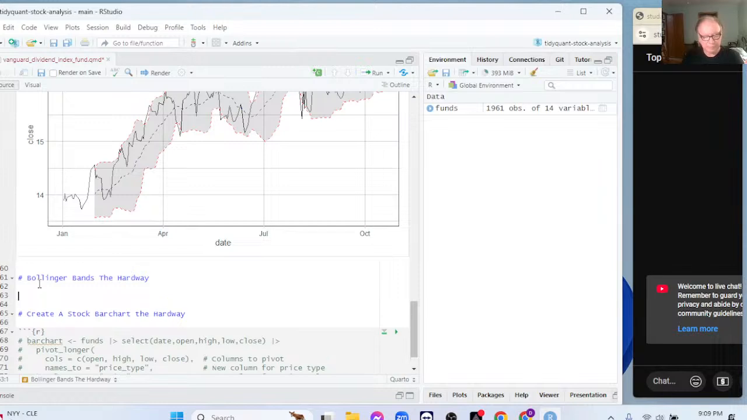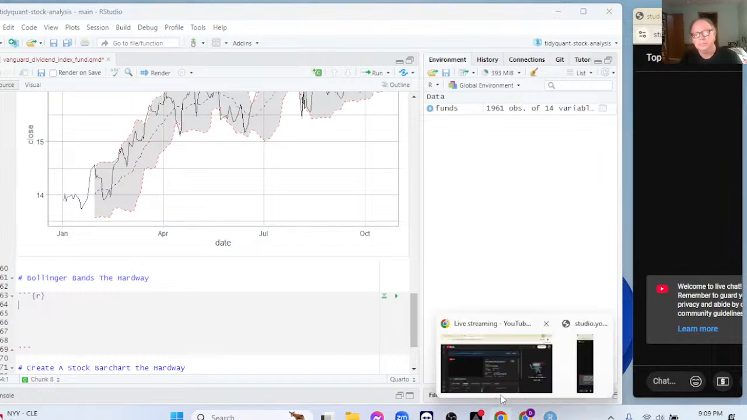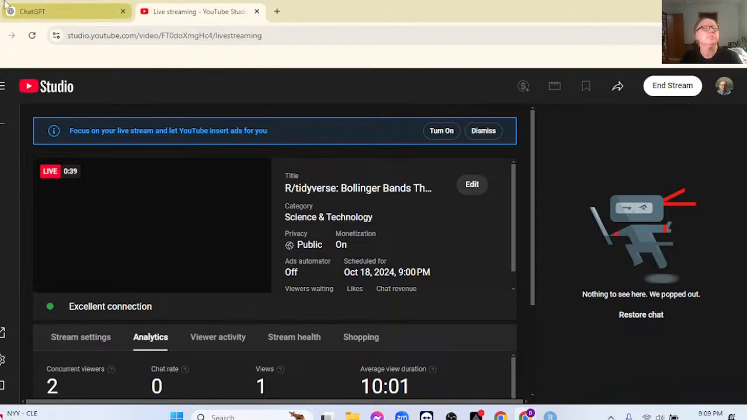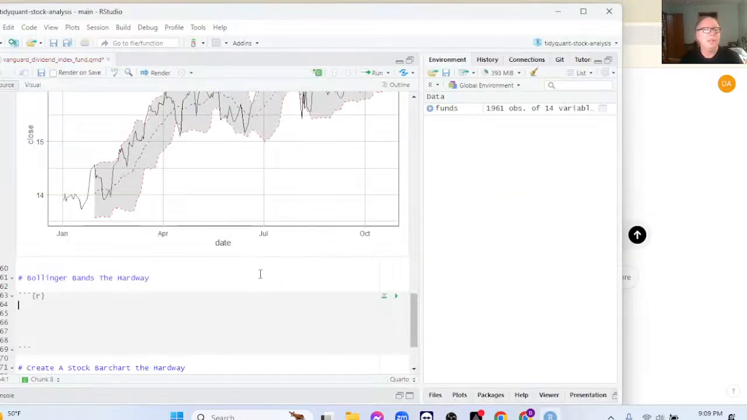We're looking to recreate this chart using nothing more than tidyverse and ggplot2. Okay. And the secret is,